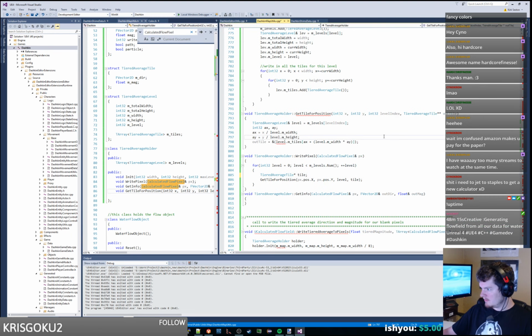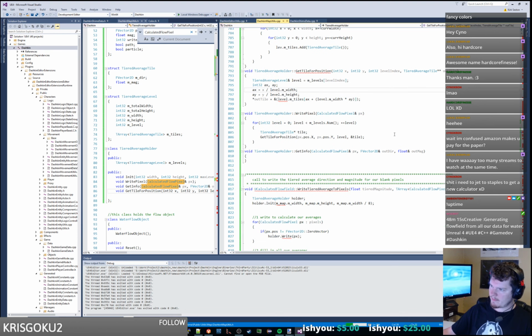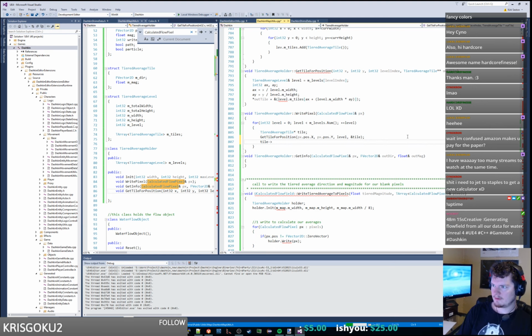So maybe that'll allow us to do it. So we just do the address of the tile here, and we do star tile equals the address of this. So that'll get this, and we'll just do tile m dir plus equals pix dot